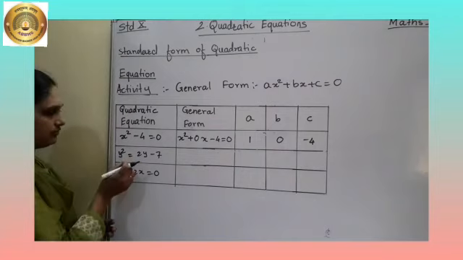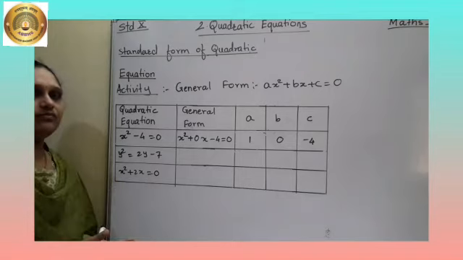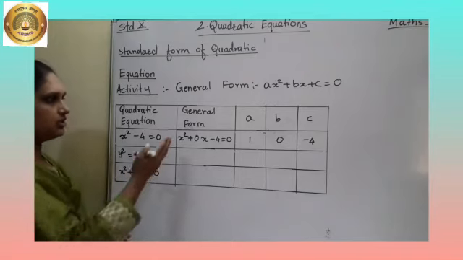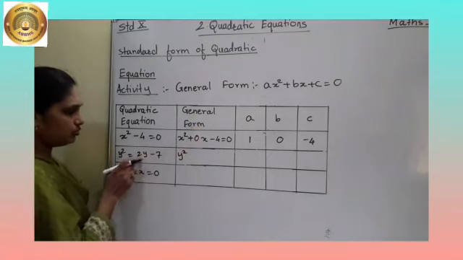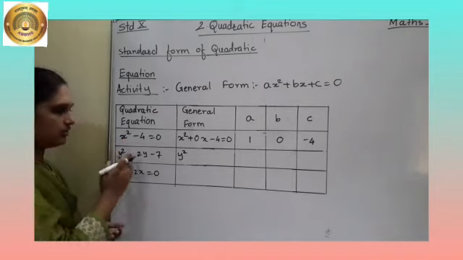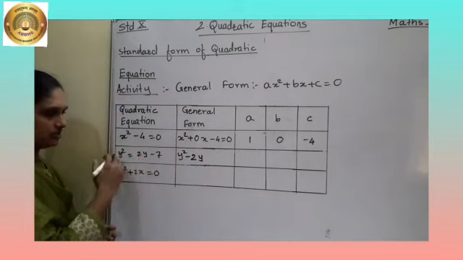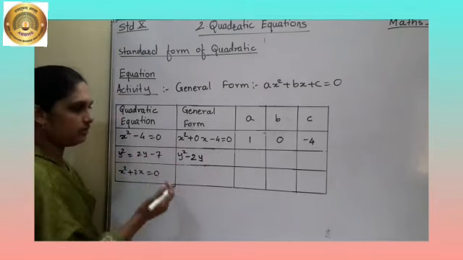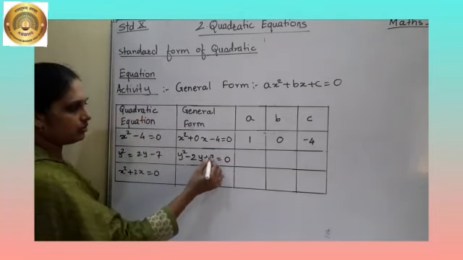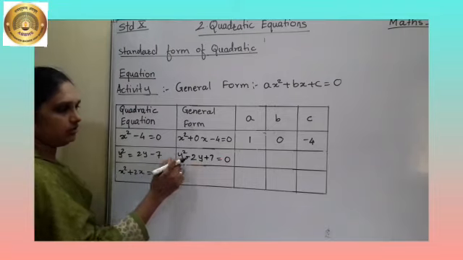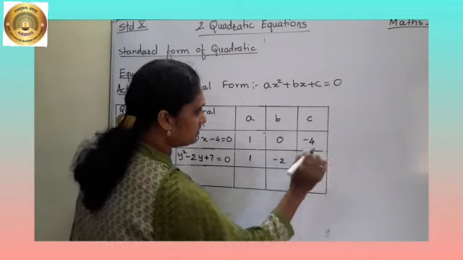Now the second is given, y square equal to 2y minus 7. This is not in the standard form. We have to first convert it to the standard form, that is, write it in the general form. That is y square, and now this 2y shifted to the LHS will be minus 2y. The sign will change, plus will become minus. This minus, if we shift to the other side, will be plus. So plus 7 equal to 0. Now tell the coefficients. The first is 1, second is minus 2 and third is plus 7.